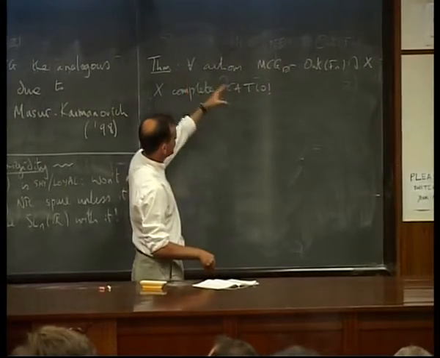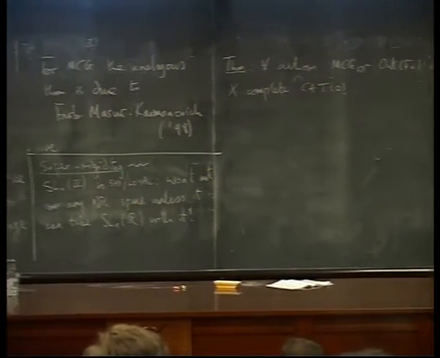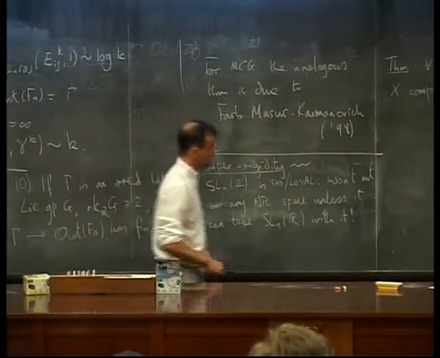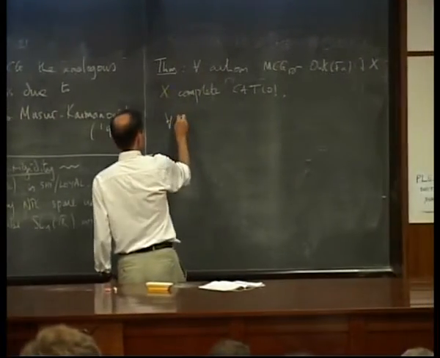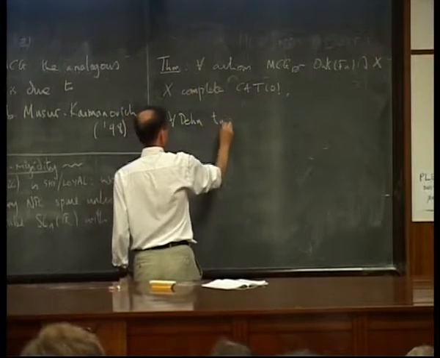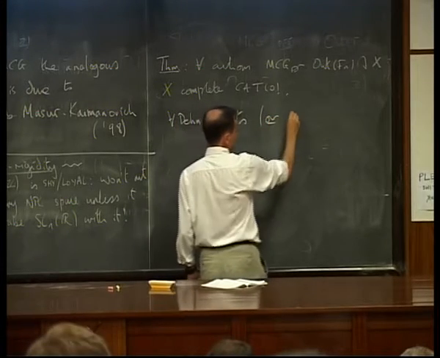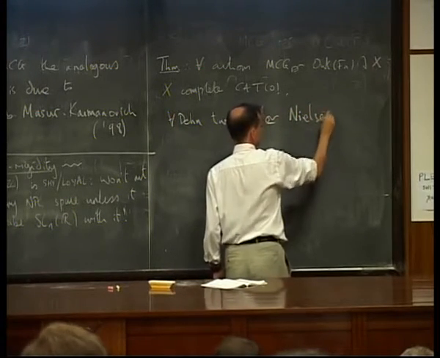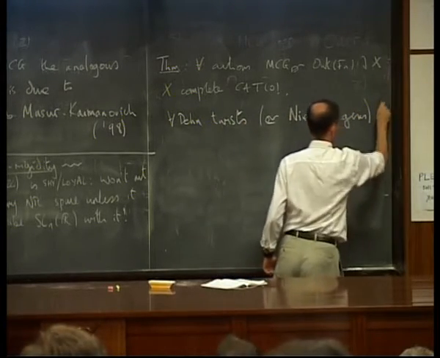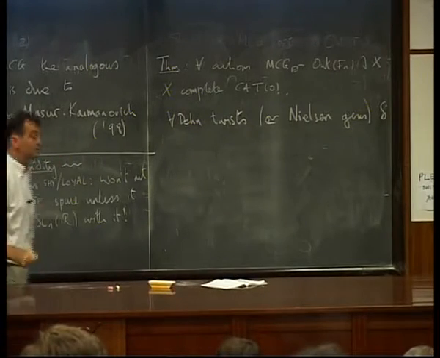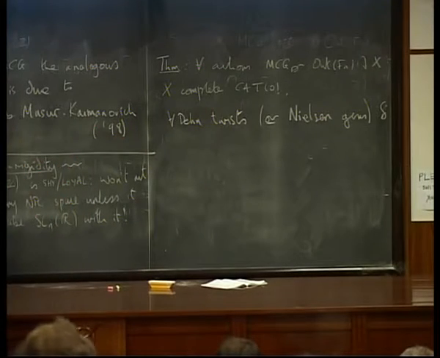Okay, so the mapping class group and Out(Fn) are acting on a complete CAT(0) space. Now, in the group, the cyclic subgroups are all undistorted. But whenever it acts on a space, for all Dehn twists, those are the basic generators, remember, or that's for mapping class groups, or these other basic Nielsen generators, I'll call them all delta. Okay. So those cyclic subgroups are undistorted, but when it acts on a CAT(0) space, it remembers that they're supposed to be like parabolic elements.